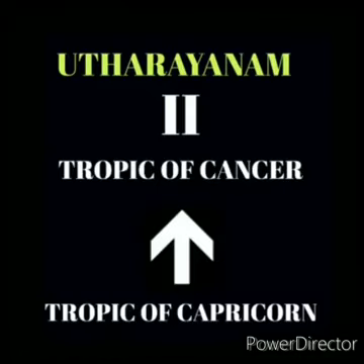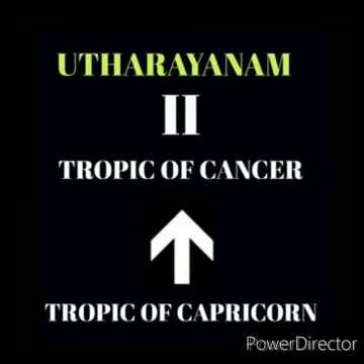The northward movement of the sun sets from the Tropic of Capricorn on December 22nd and reaches on Tropic of Cancer on 21st June. The northward apparent movement of the sun from Tropic of Capricorn to Tropic of Cancer is termed as Uttarayanam. During this time, the northern hemisphere experiences